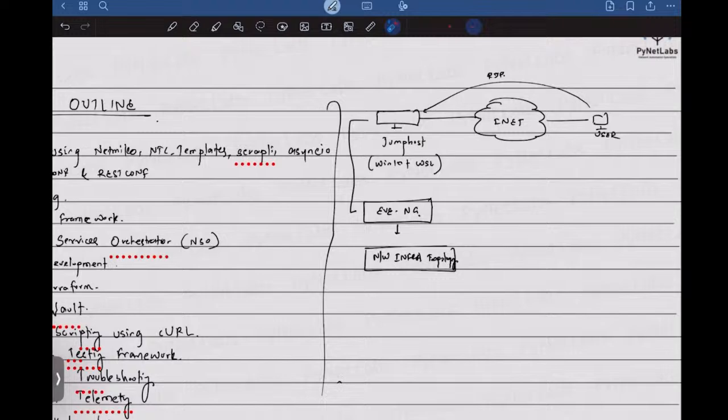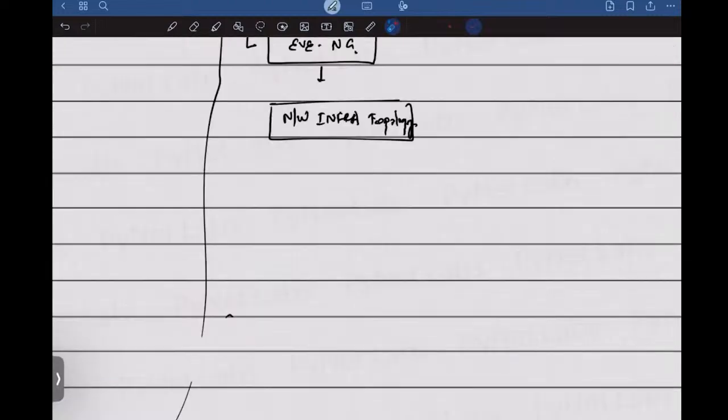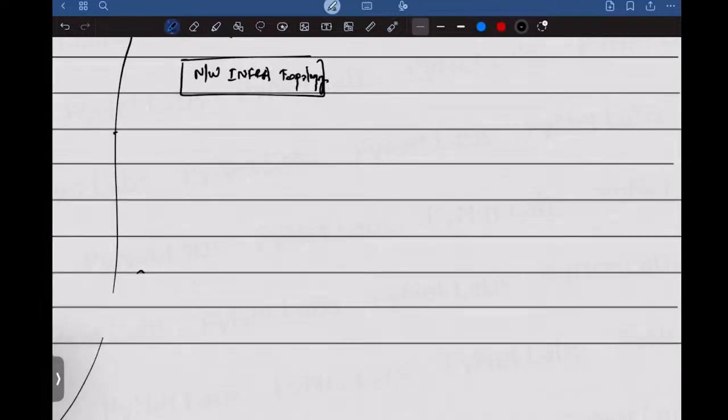Be it one device, two devices, three devices, we will have numerous instances of that. And that will allow you to make configuration changes. Make sense? So this is gonna be an outline of how the training is gonna be conducted. We are going to meet every weekend